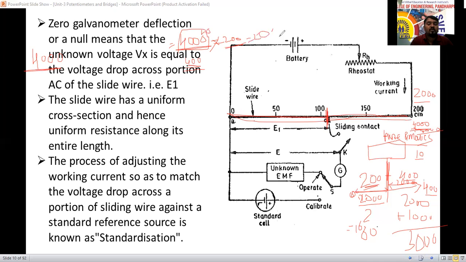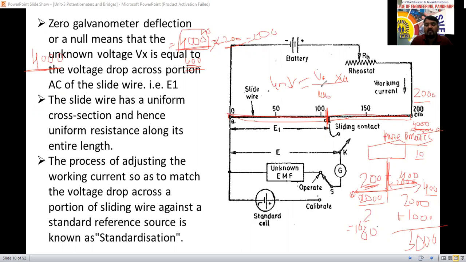Like that, the potentiometer, what it will do, the total voltage drop across this one, A to B, that one it is going to consider here now. VAB equal to what we have to do? So divided by LAB we have to consider here now. What is the total length we have to consider, into VAC, how much voltage we have to consider here. So the unknown voltage I am going to tell you. Unknown voltage is total voltage, total VAB divided by